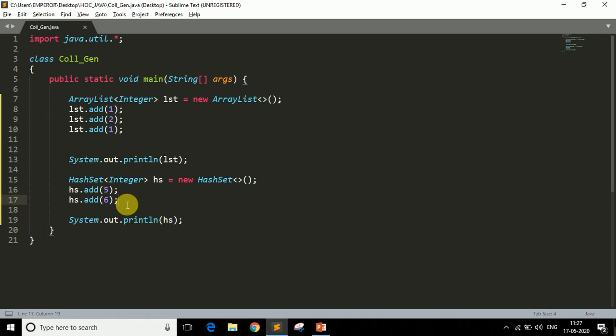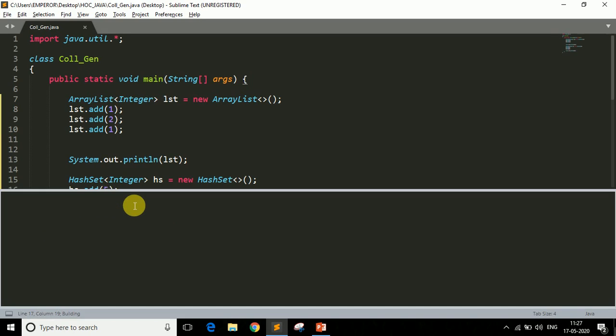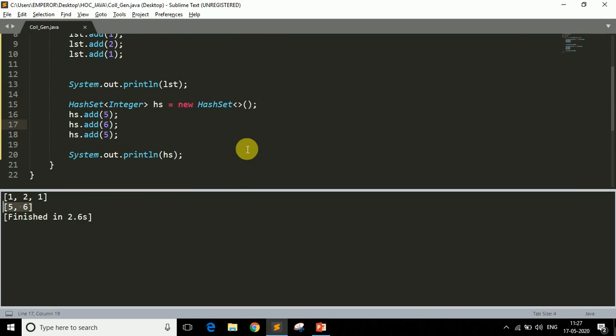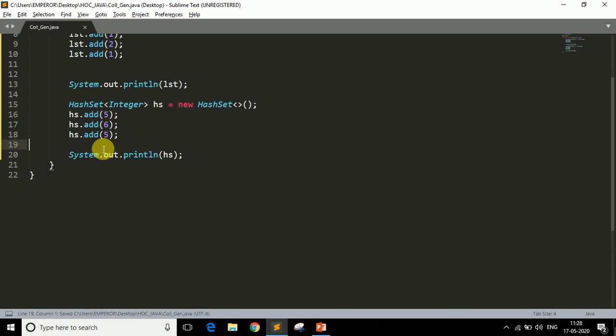But if I write in the set hs.add and write 5 again, so now 5 occurs 2 times. But if I run the program, as you can see our set contains 5 and 6 only, not 5 again, because a set eliminates duplicate data automatically. So even if we specified 5 two times, it will contain 5 only one time. That's the difference between both.